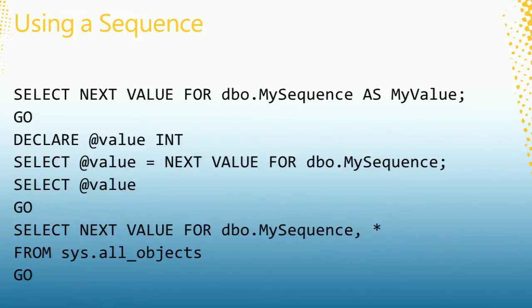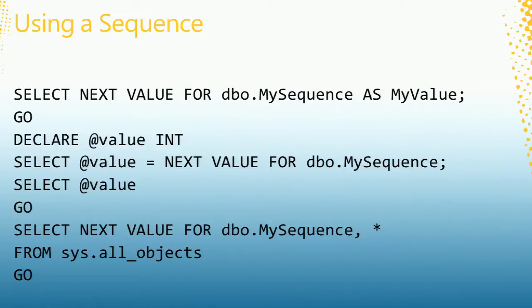And if you want to just get a list from a sequence, you can just use it as part of an object. Select next value for dbo.mySequence, comma, whatever, from, and in my case, sys.all_tables. Yes, do. If you have multiple sessions hitting at the same time,